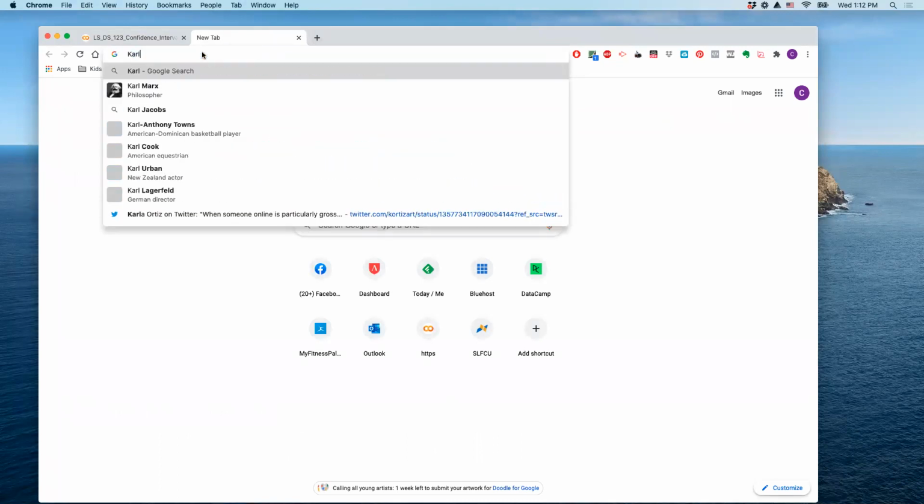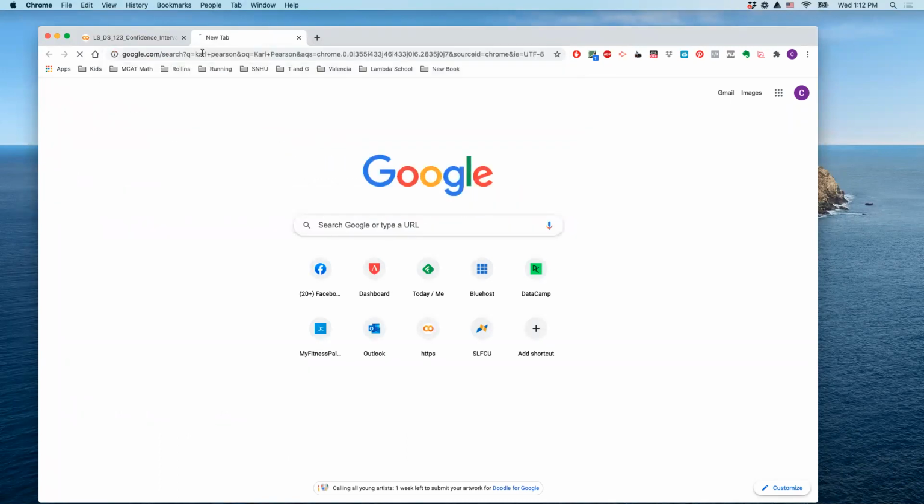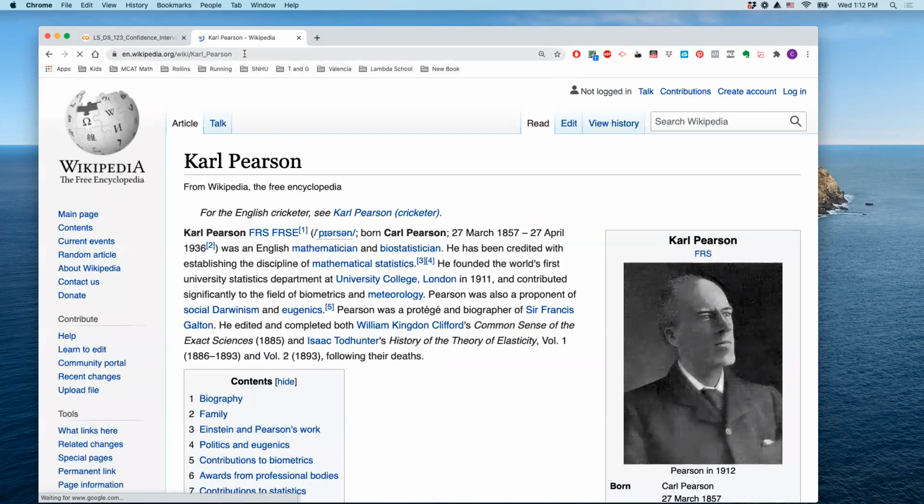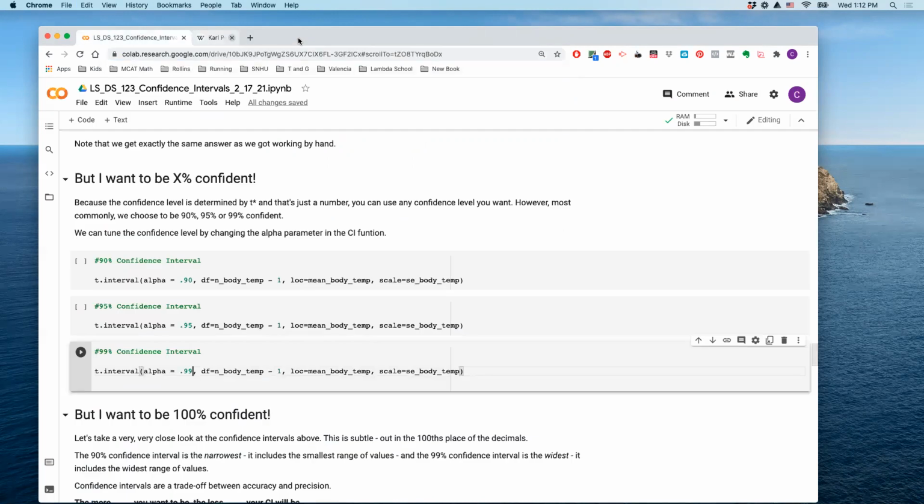And then Karl Pearson, I should have brought him up yesterday. He was kind of an awful human being also, I'll be honest. But he was really involved in all the chi-square stuff that we did yesterday and contingency tables. So you may run across those names also. And again, he was a really famous statistician. He did a lot of,